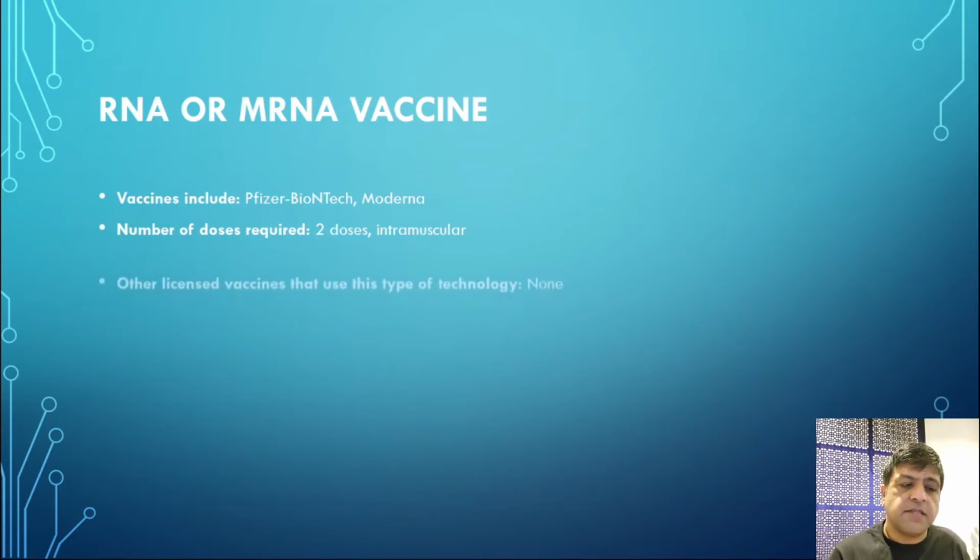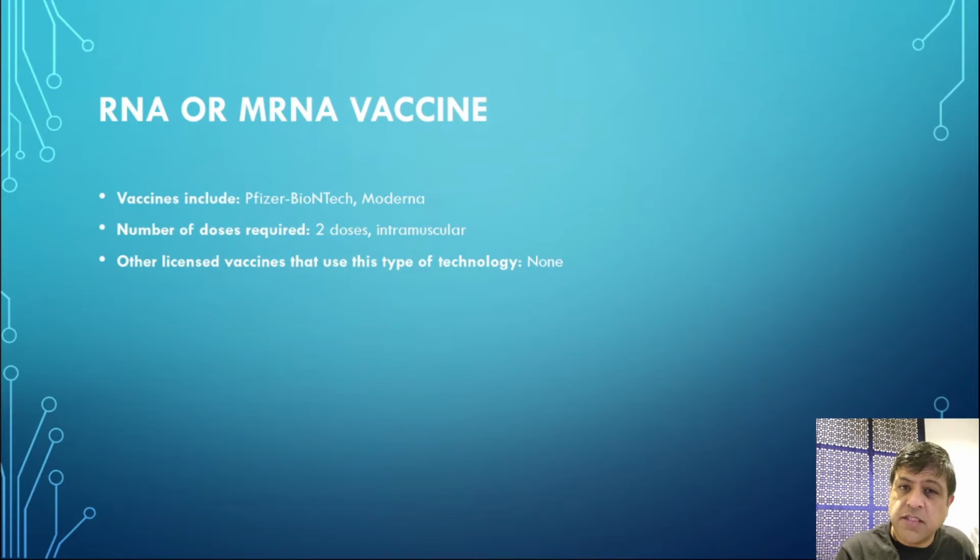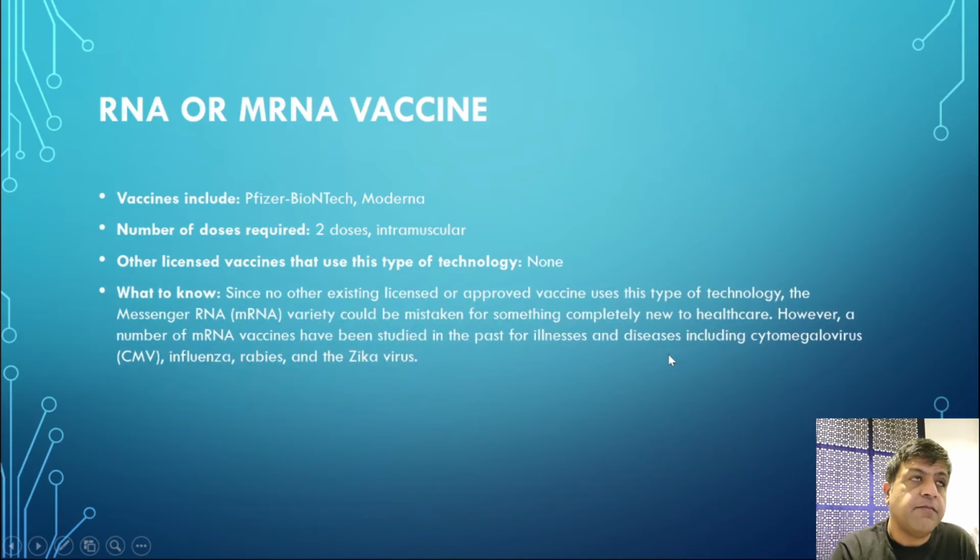If there is any other licensed vaccine that is using this type of technology, I have just mentioned it, it is none. That's why there are all kinds of doubts out there in the minds of the people. What do we know? Since no other approved vaccine is using this type of technology, it could be mistaken for completely new to the